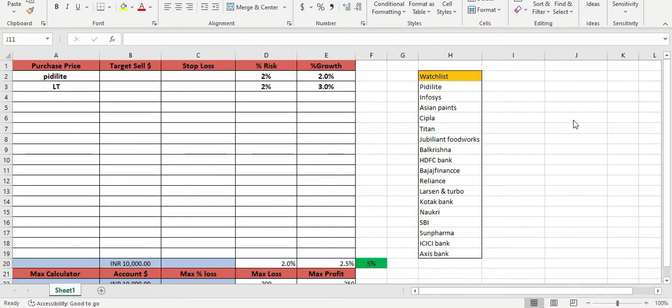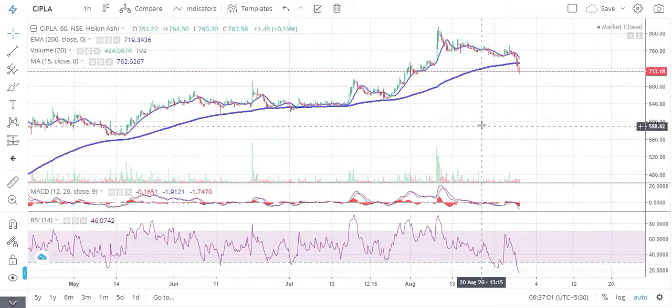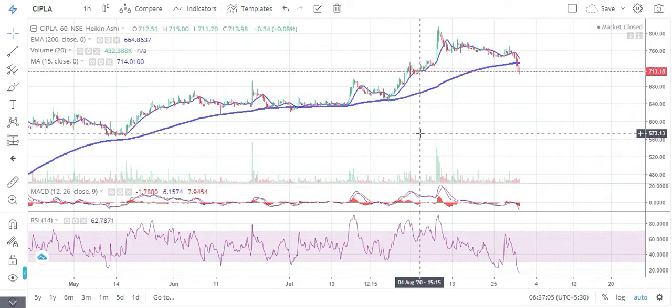Guys, today in this video I am going to be explaining one of the basics that I always talk about: the overbought and oversold price in a stock. So you've seen my videos where I explain that this is a good time to buy or this is a good time to sell. The stock price looks overbought or looks oversold.